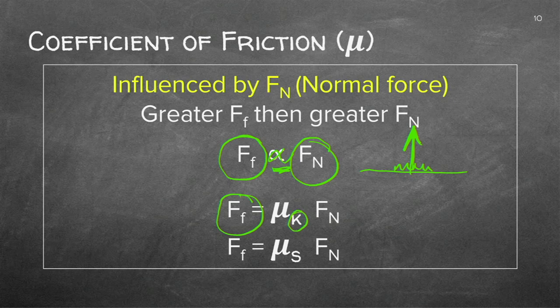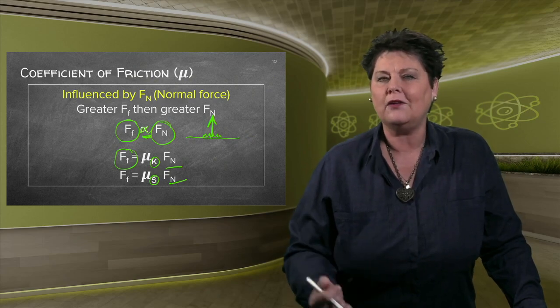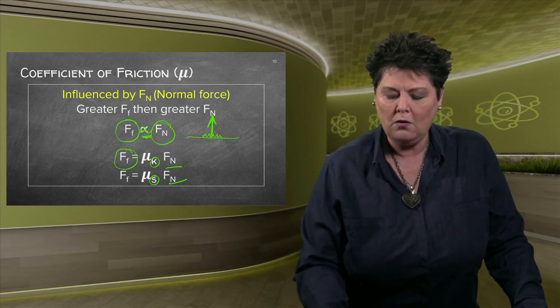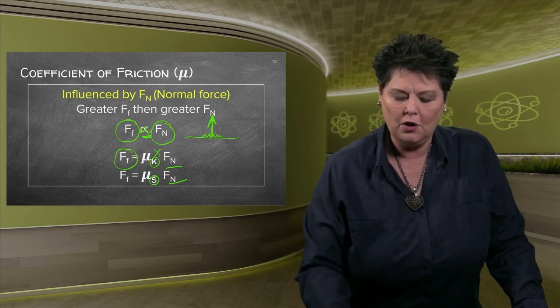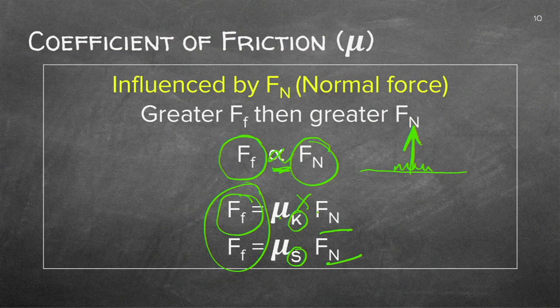And the two equations that you'll be able to use to calculate the frictional force will either be with the kinetic coefficient or with the static coefficient. And in both cases, you'll have to be able to work with the normal. So in a later section, we'll be actually calculating the normal. But for now, the normal multiplied with the coefficient will give you the answer for the frictional force.